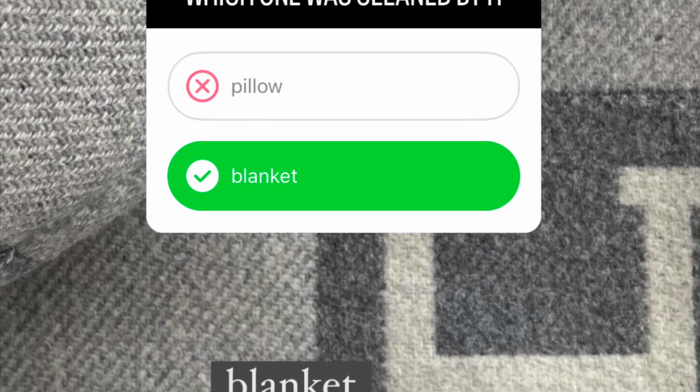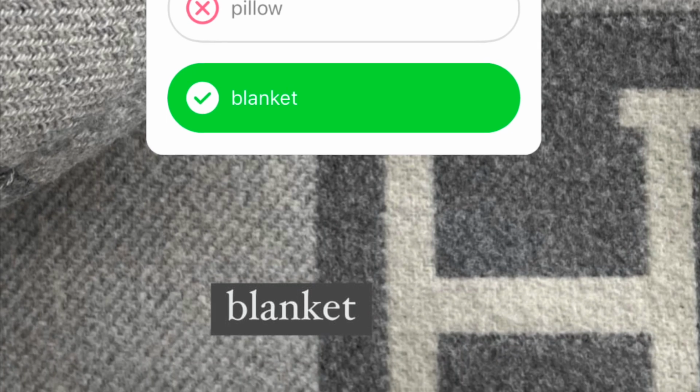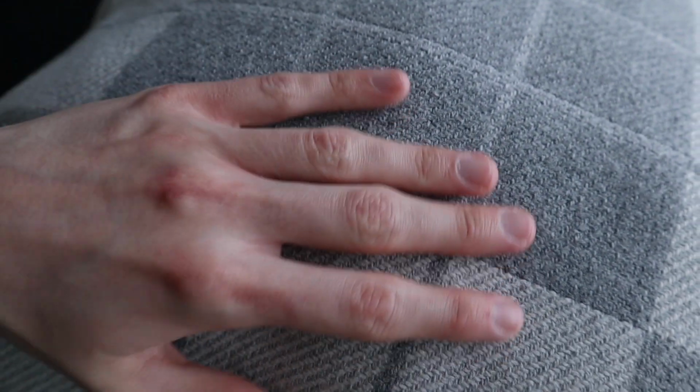And the majority of you actually guessed that it was the pillow that was cleaned by Hermes and that the blanket was done by a dry cleaner who doesn't actually specialize in cleaning Hermes pieces, based on the color, which I have to agree with. The pillow does look a lot brighter in person, but one thing I have to point out is that it feels a little bit more rough than it did when I first got this pillow, but it looks brand new. It's super bright and fresh looking,